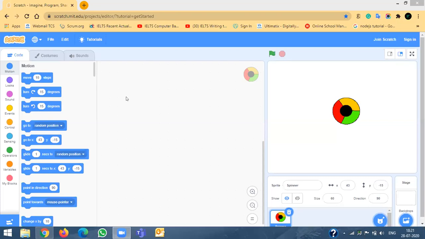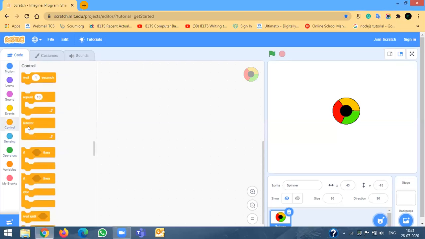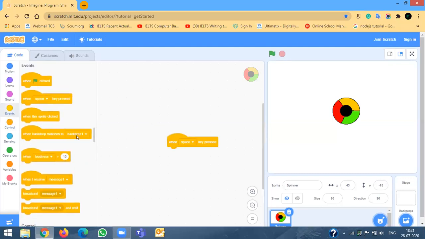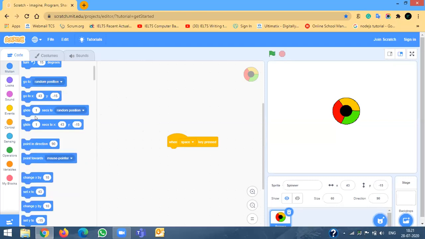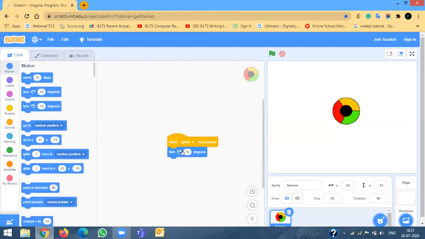Now what we will do, since it is a spinner, we will write code for the spinner. So let's write down: if we are pressing the right key, then we will turn it by 5 degrees. If you want to say when, you can do when also. Which key?